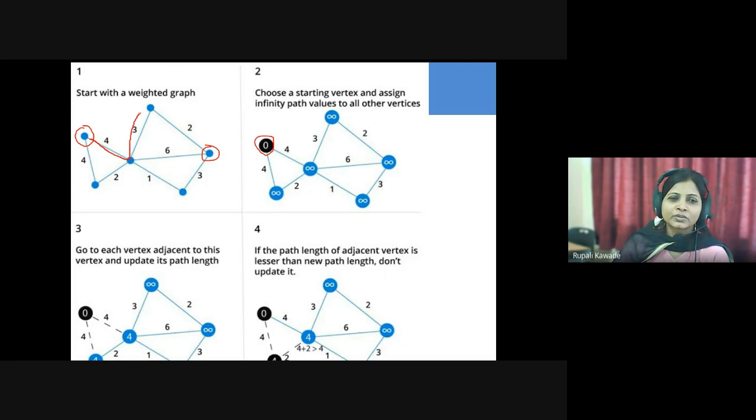If you take this particular vertex, you can have different paths. You can go this way, or this way, or again this way. So you can have multiple ways to the destination vertex from the source vertex. Out of these, our interest is to choose the shortest path. For that, what logic must be applied so that whatever path we select will be the shortest route to that particular vertex?